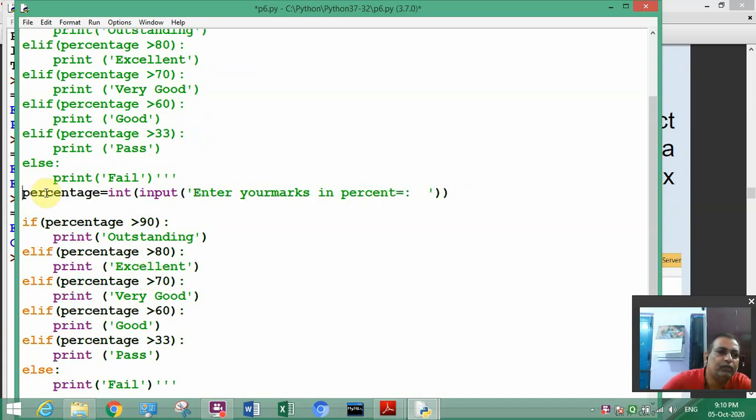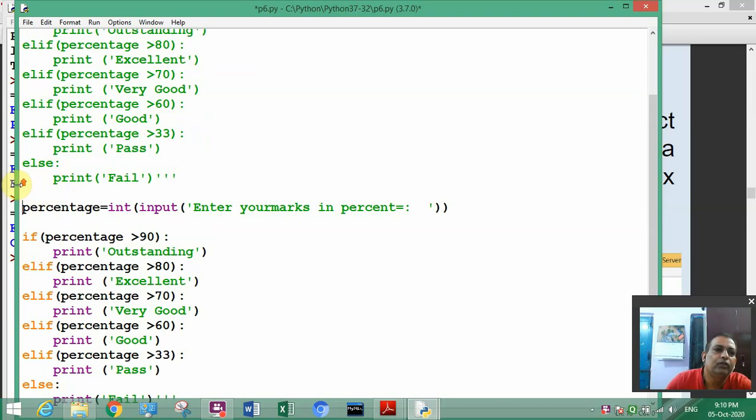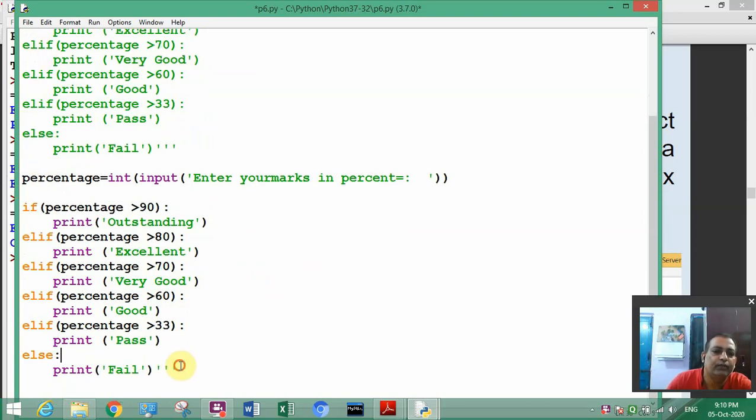From here we will remove comment. So you see, first part has been commented and this part is active. Now I'll make you a simple program,